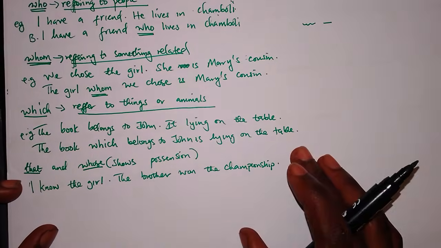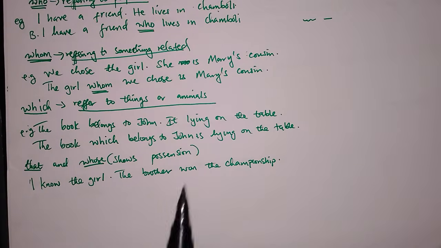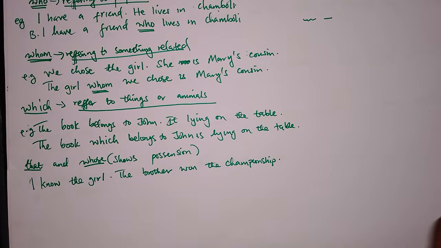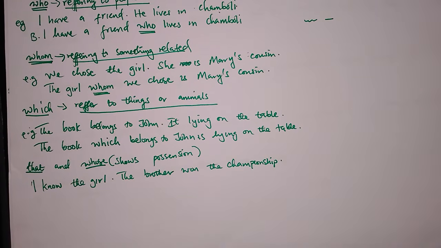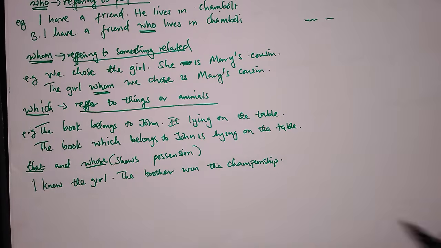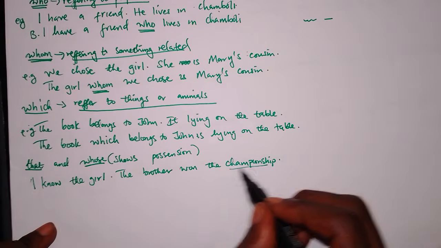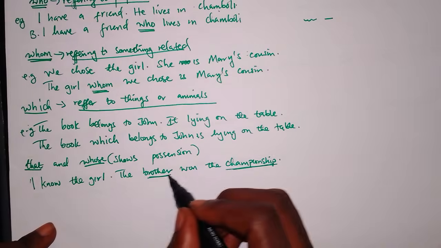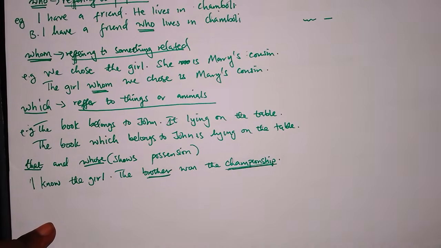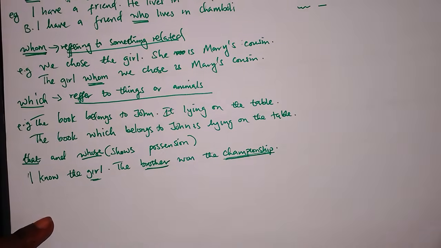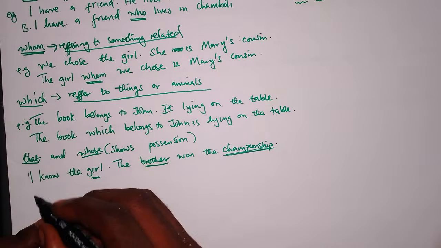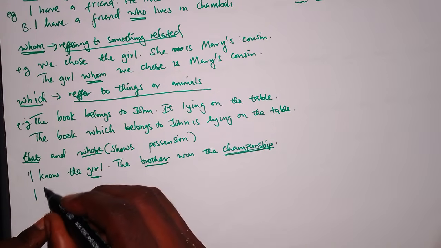Then you have been told to join this sentence using a relative clause. How can you join this? We said that whenever you are talking about possession, you have to use the word whose. So here, what is the possession? The possession is the championship. The brother won the what? The championship. And you also know the girl. So meaning you have to say that I know the girl